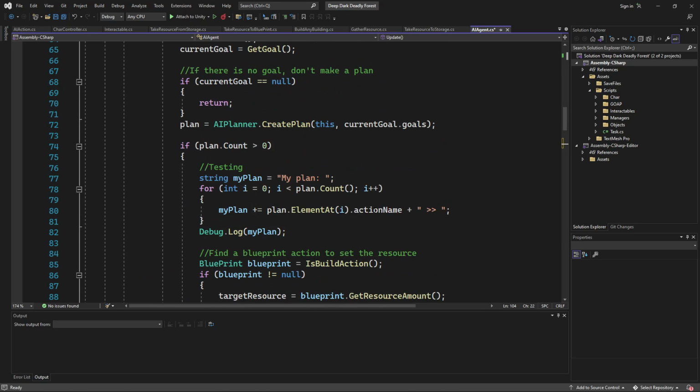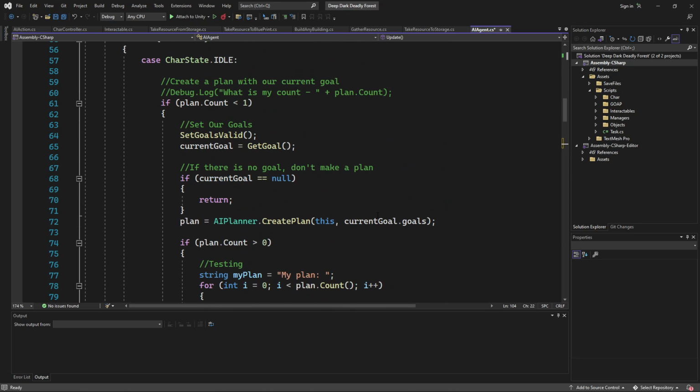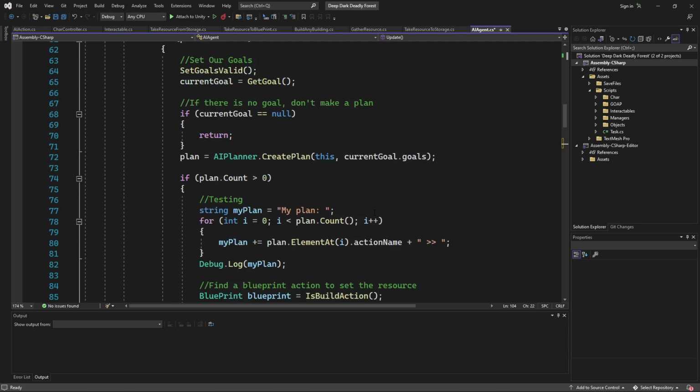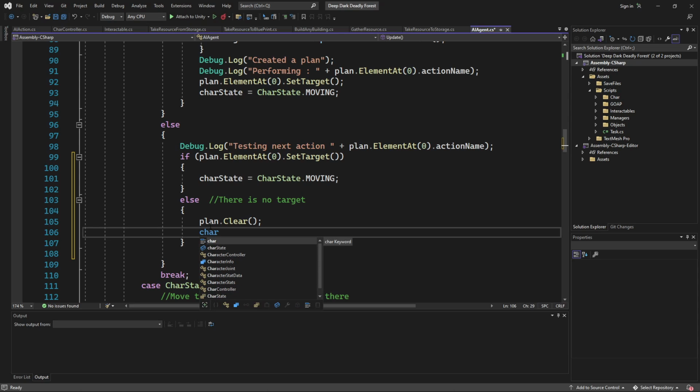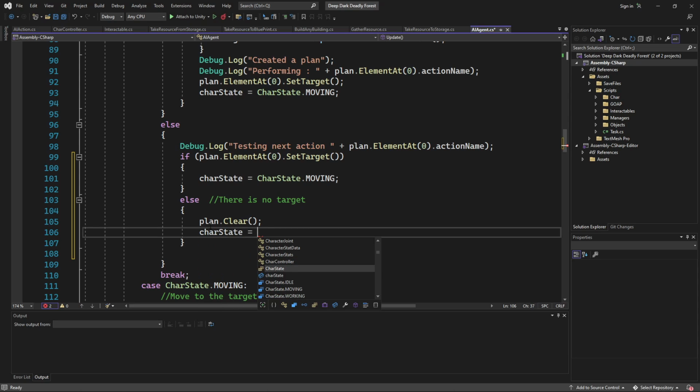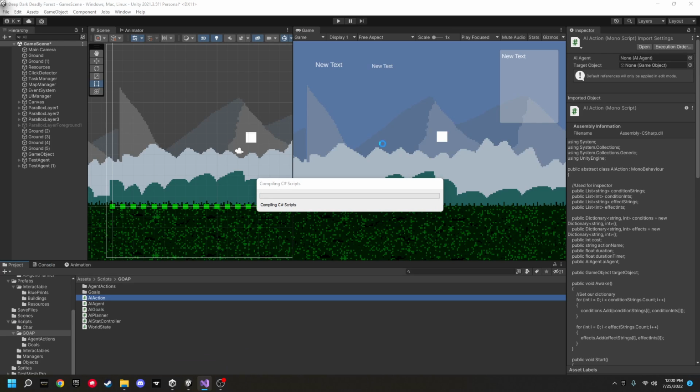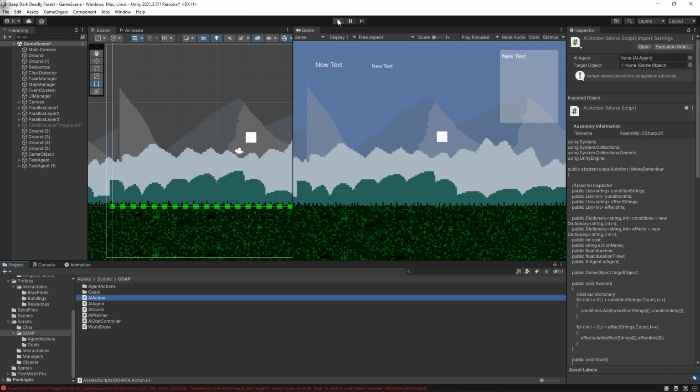I basically want to say that there's nothing left in our plan. Can I say plan.clear? Let's just clear our plan, and the character state will go back to idle. Alright, let's go here and see if this may or may not work.